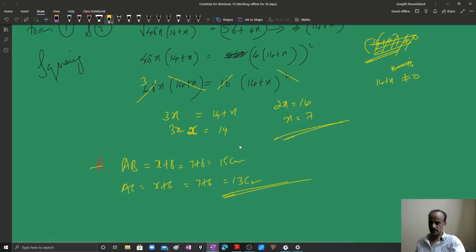So 3x minus x is equal to 14. 2x is equal to 14, x is 7. So that means sides are